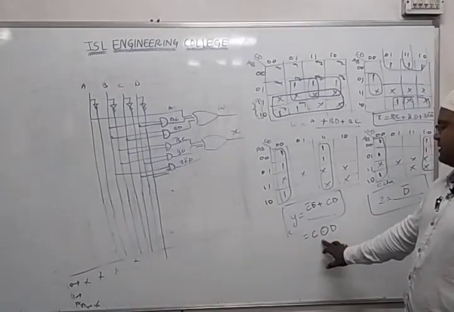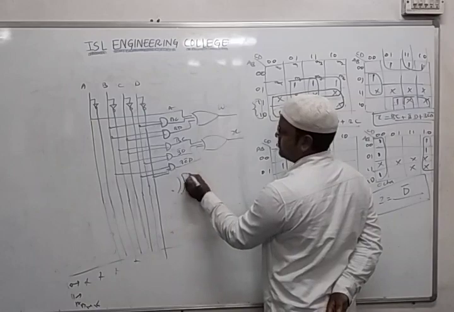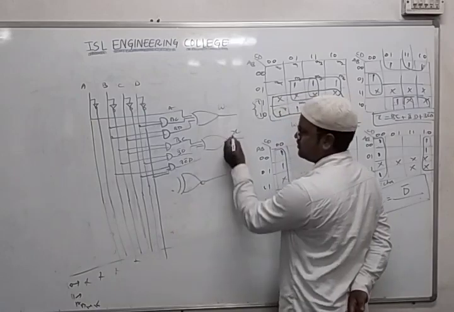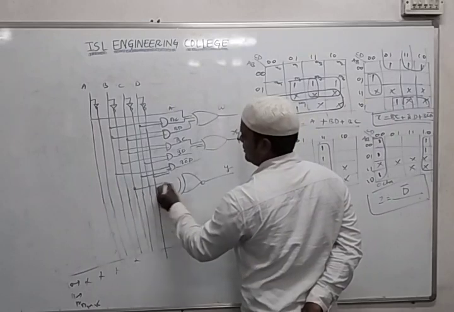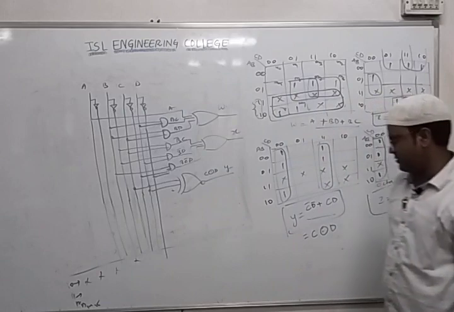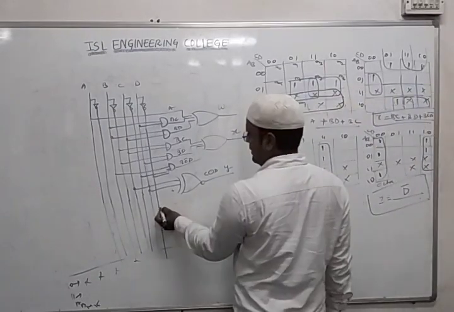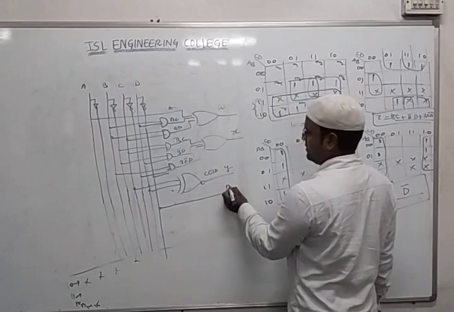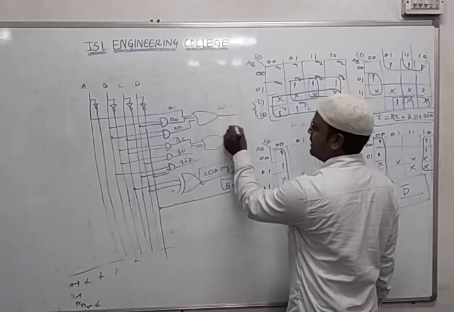What is that? C exclusive OR with D. So exclusive NOR is what? This is your exclusive NOR, with a bubble we put it. This is your C connection, this is your D connection. So C exclusive NOR with D is the first. We got Y. Now for Z, only D bar. For Z, we'll take one line directly. It's D bar, that is nothing but Z. So Z also we had, Y also, X, and W.